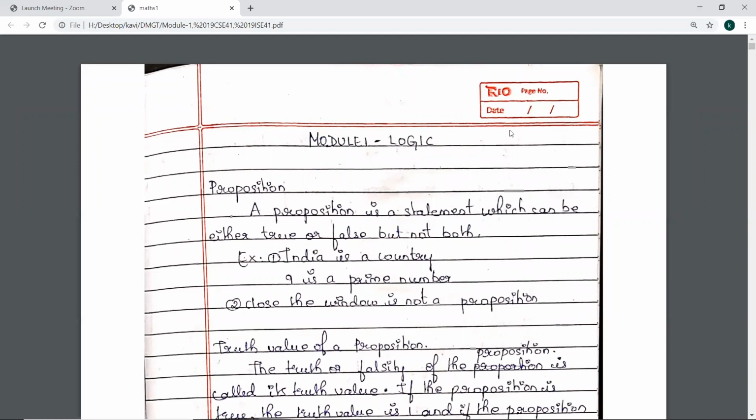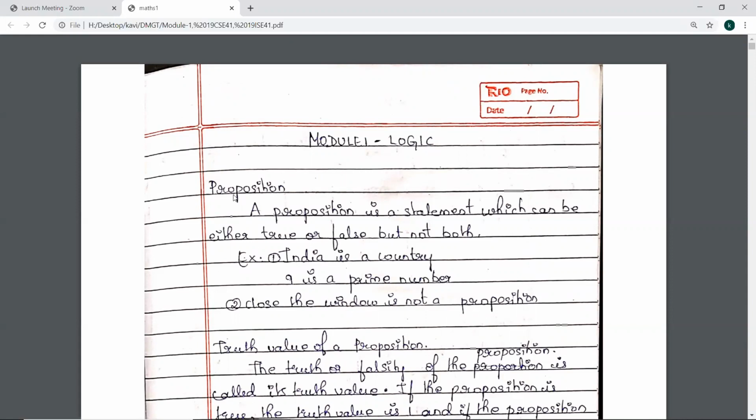First, what is logic? Logic is nothing but a set of rules. It helps us to understand mathematical statements. It is used to find whether a given mathematical argument is valid or not. It has many applications in computer science. It has applications in digital circuits and verification of computer programs.